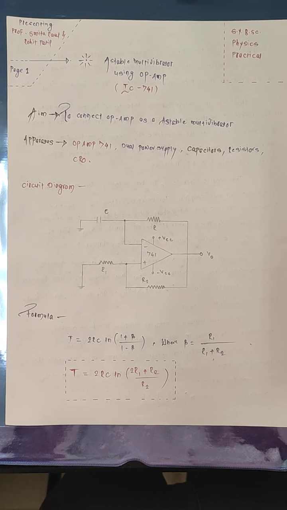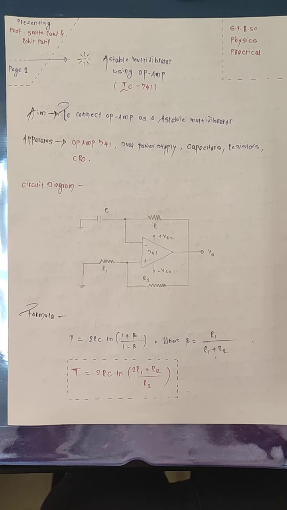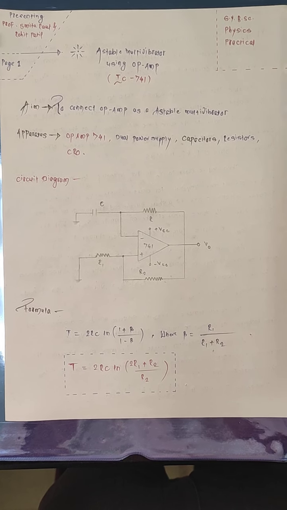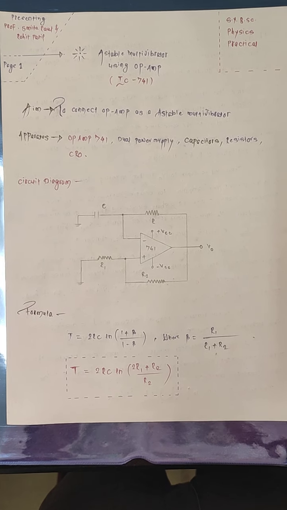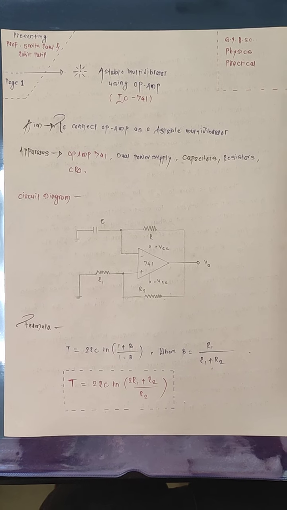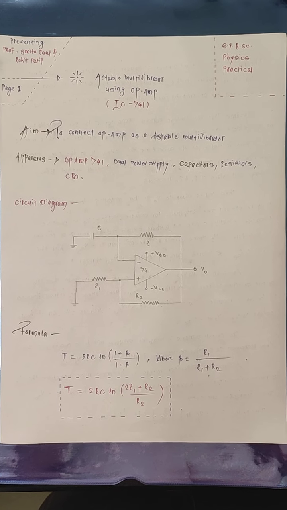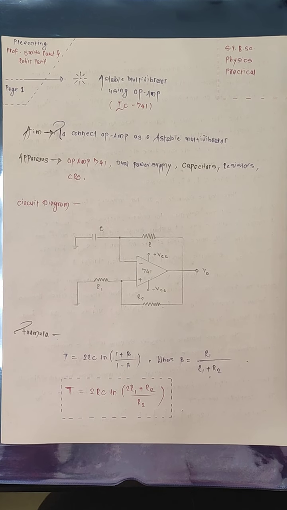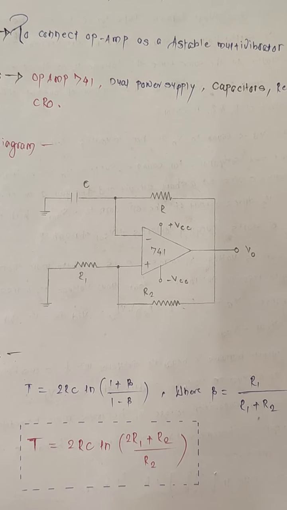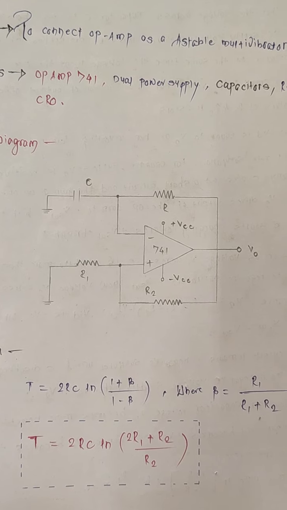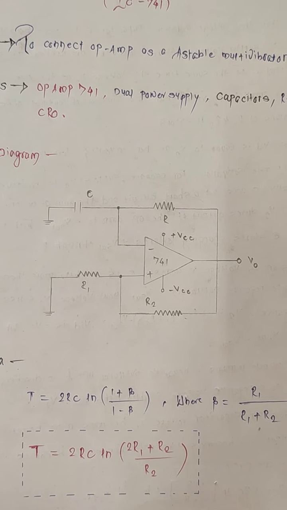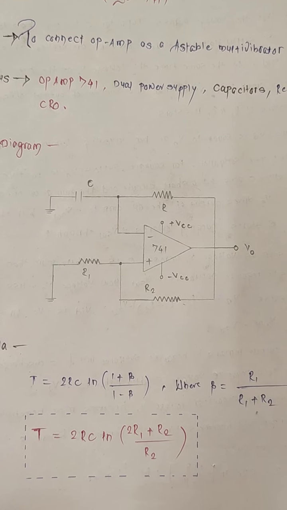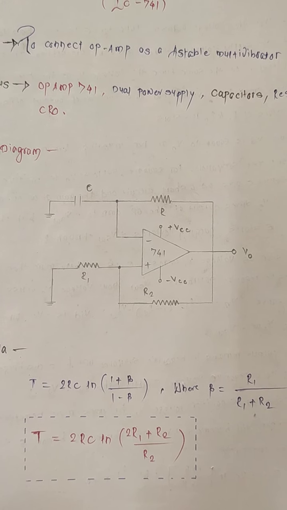Good morning. Today we are going to talk about A-stable multivibrator using operational amplifier IC741. So this particular introduction page is displayed to you just to understand what exactly we are going to do. Okay. So necessary circuit diagram is been shown in figure, and it shows that it is connected with 8-pin op-amp